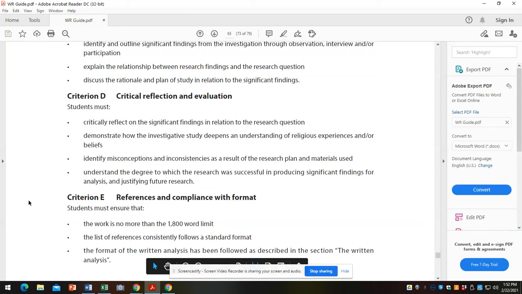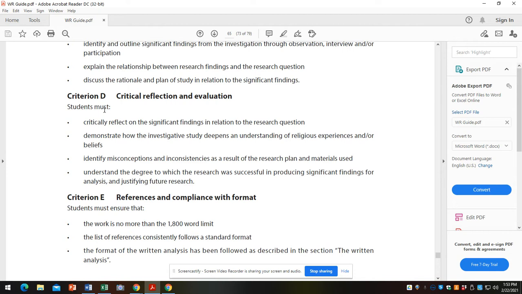Okay, your Section D of your IA, critical reflection and evaluation, is due on Monday, March 1st. Your draft of that. And it's not too big a deal. It's 1 to 2 pages. But I want you to consider it pretty carefully. Here is the guide, and I gave you instructions for your IA in the assessment folder, so you have